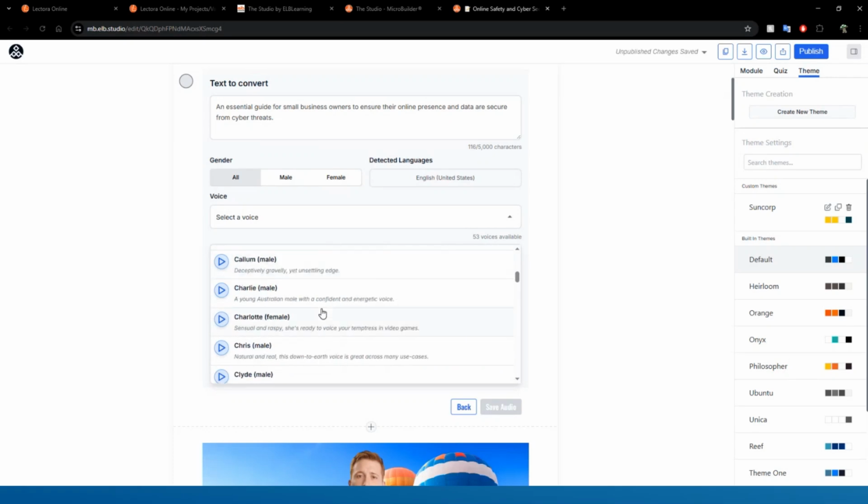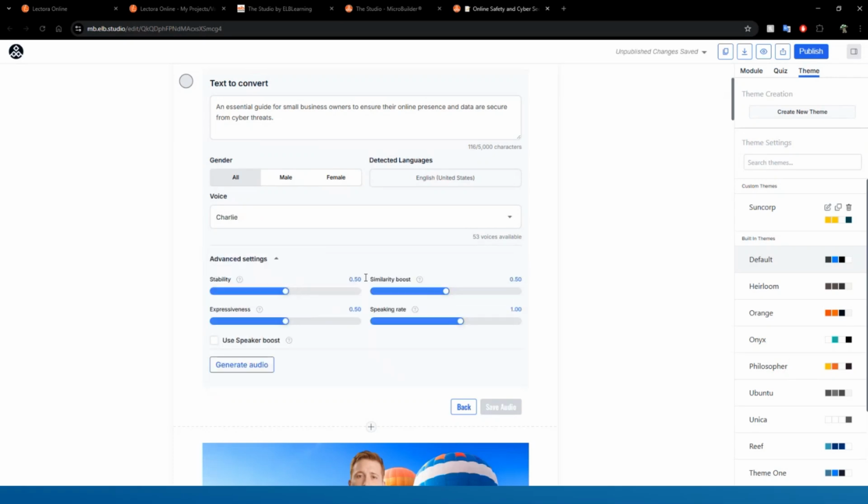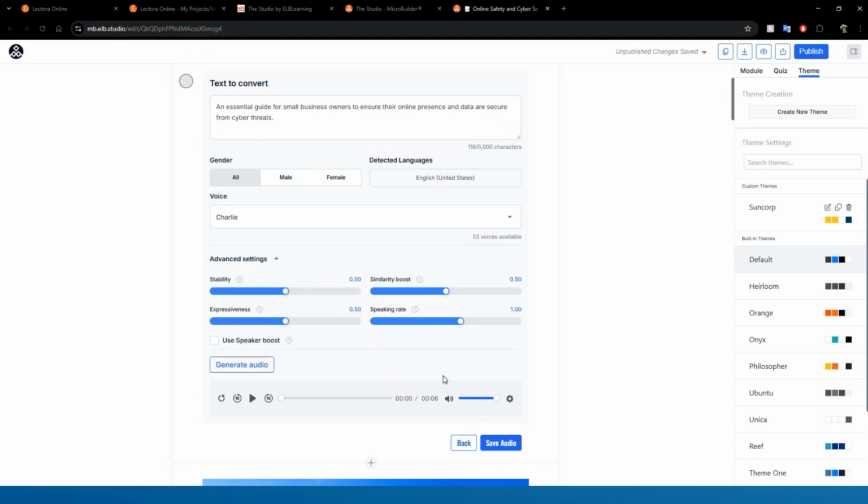I usually scroll down to Charlie, which is one of our Aussie ones. There's a few others there as well. You can then also fiddle with some other settings like expressiveness, speaking rate, all that sort of stuff as well. Outside of that, you can just generate the audio. Based on how long that is, it'll take a second to run that through, and then you can listen and